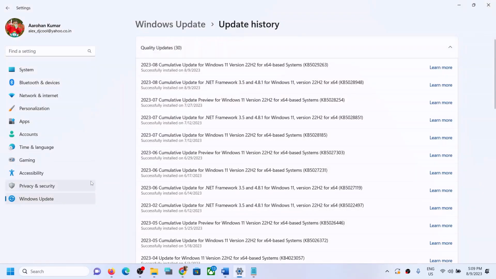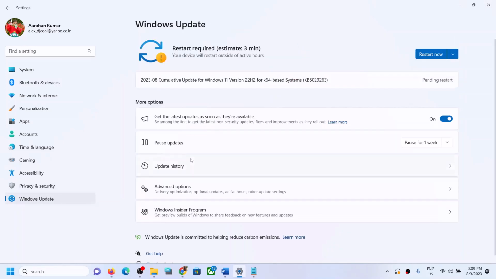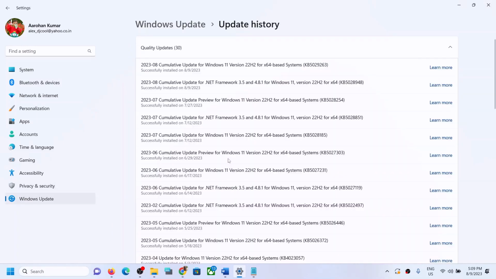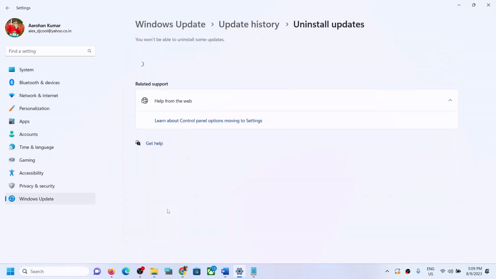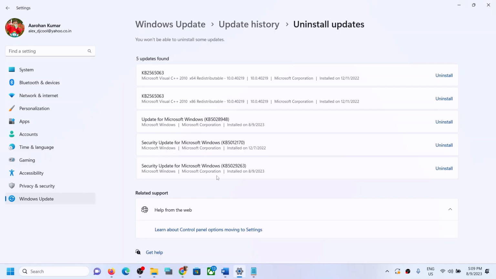Now for this, open Windows settings and then go to Windows Update and then click on Update History and then scroll down. At the end over here you can see Uninstall Updates, click on it. Now over here you can see KB5029263. Now if you want to uninstall it, click on Uninstall and then click on Uninstall once again and let